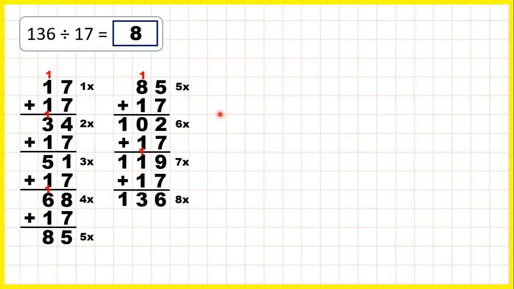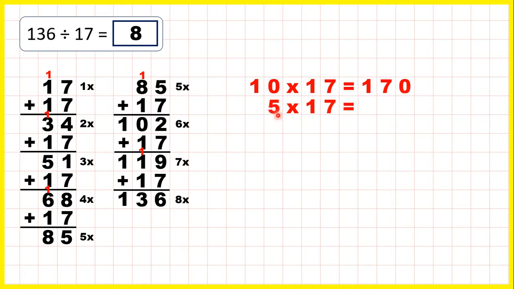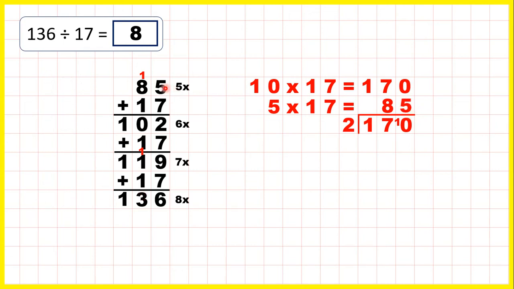Again, there are some shortcuts that we could have used here. Rather than working out 2 times, 3 times and 4 times, we could have just done 10 times 17, so put a 0 on the end of 17 to get 170. Then we could have halved to find 5 times, so we could have done 170 divided by 2. That's 85,